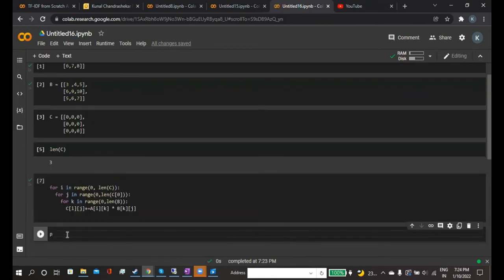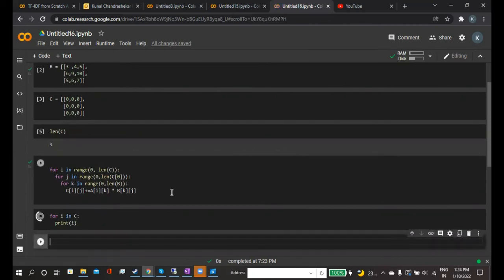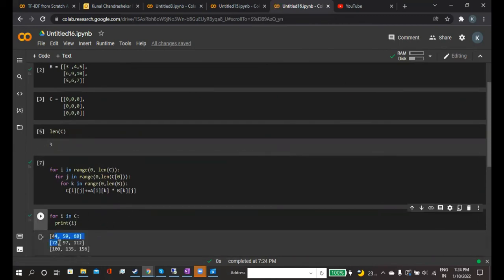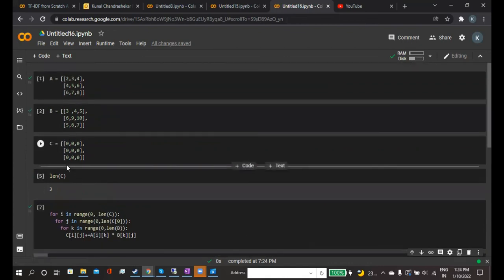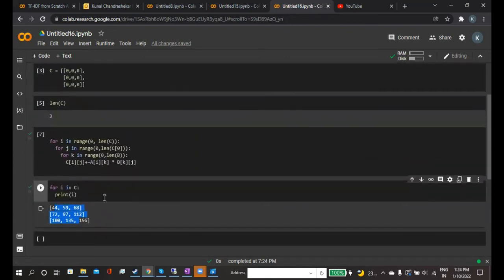Here I can print C. So how can you print? For i in range, for i in C, print C of i. So here you can see the resultant matrix.